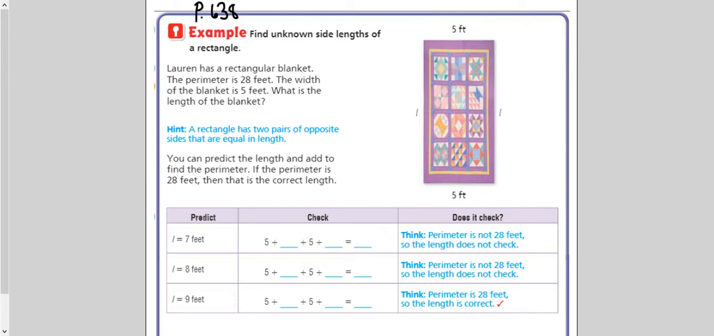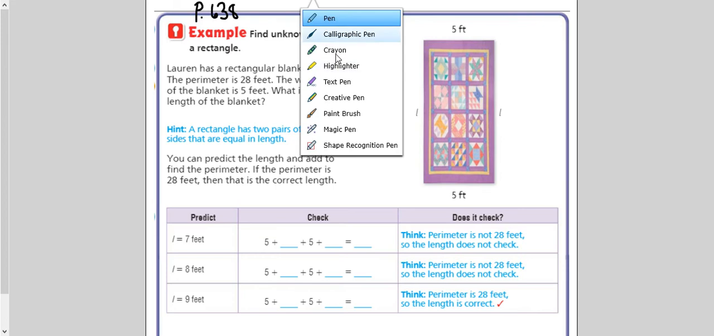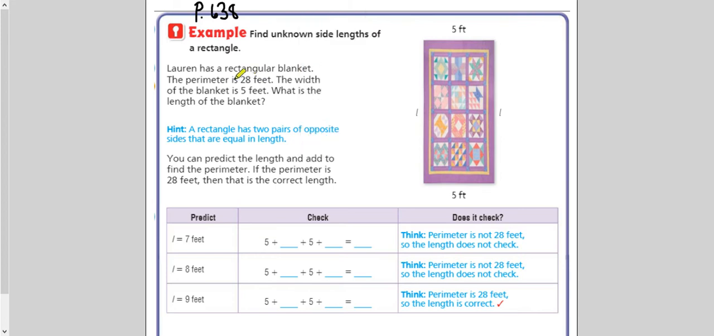So we're given this rectangle right here, this rug. Lauren has a rectangular blanket, I guess, not a rug, but a blanket. And the perimeter is 28. That sounds like a really important number that I don't want to lose track of. The width of the blanket is 5 feet. That looks like another important number right there. And we want to know what is the length